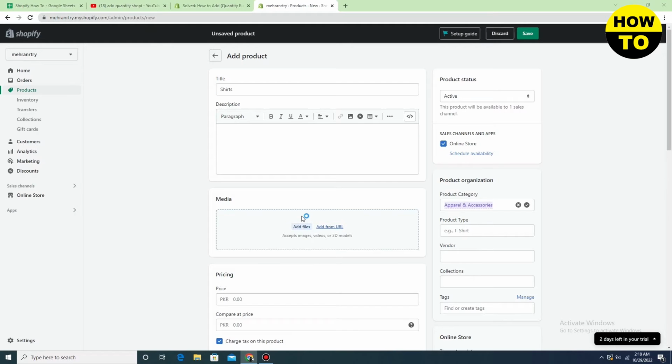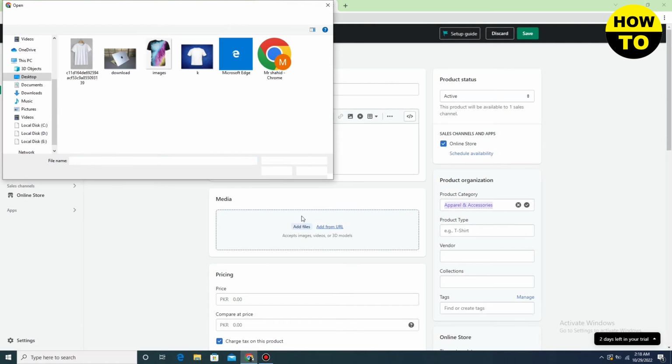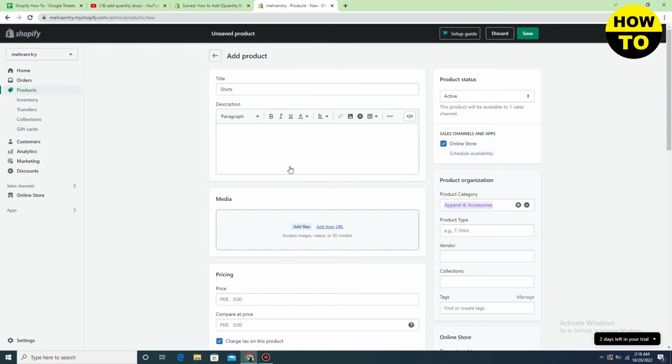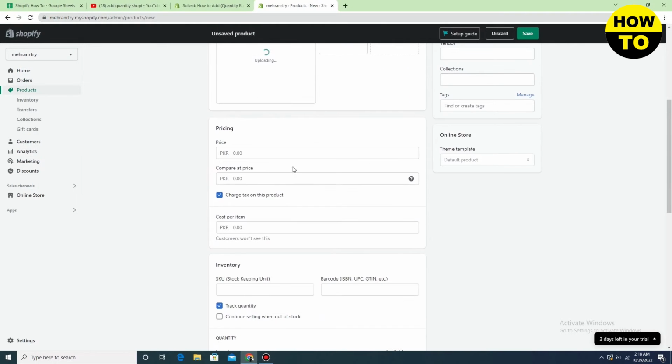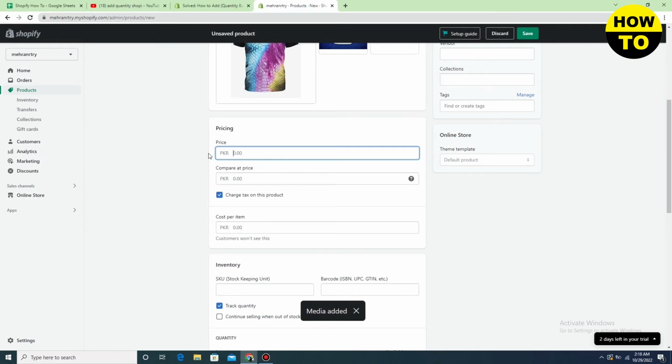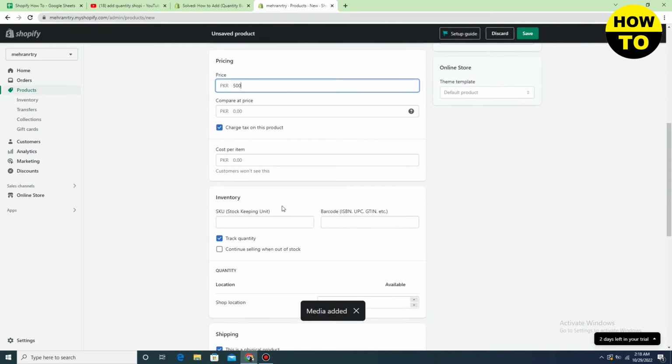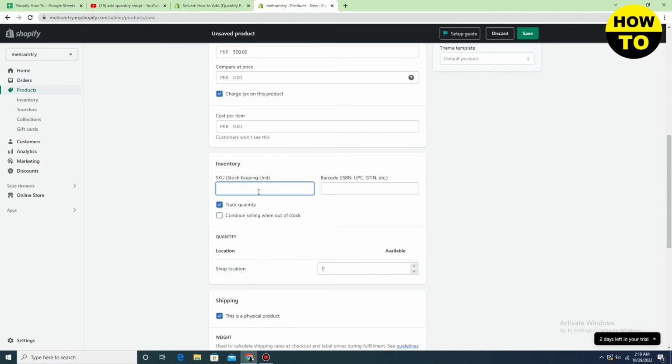simply add a file here, like I'm adding my product image here. So just add the image, click on open, and after that scroll down, and here you can set the price. So now after you set the price, in the inventory option you can add the quantity here, like